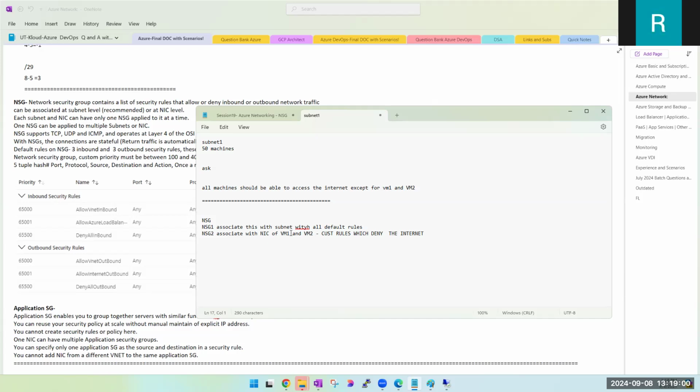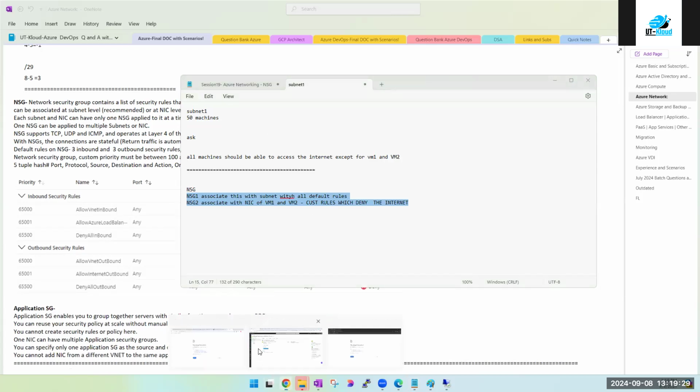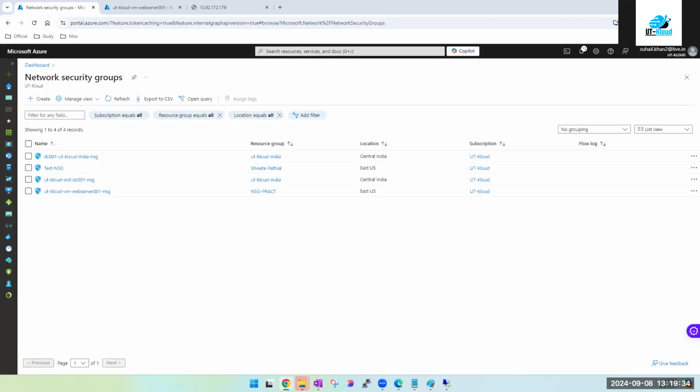Yes, clear. And what if I say I don't want two NSGs? Somehow manage it in one NSG. Can you do that? I'm saying I don't like the concept of two NSGs. There is one NSG at the subnet level. I'm happy. Don't assign any NSG at my NIC level. Still block the internet for these two IPs. Can you do that? Yes, guys. Can we do that?